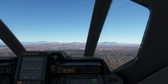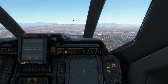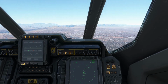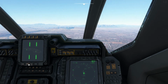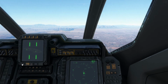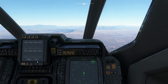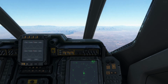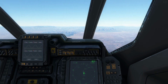So we're full power. We are fully hovering right now. We're just increasing our height. On this tab, looks like we can see our fuel, engine info. Oh, there you go. Okay, yeah. So if I throttle back, you can see it throttling. So we'll just see how long we climb for. I mean, we're quite light. It can go to 45,000 feet. Maybe we won't go that high, but...